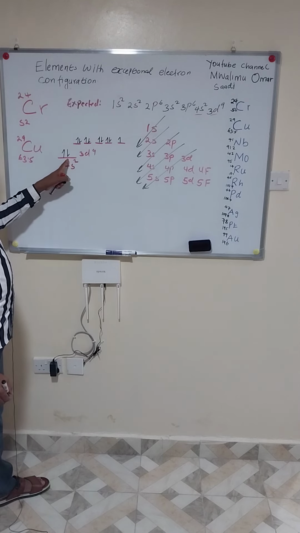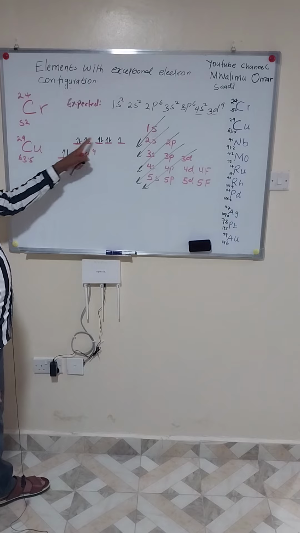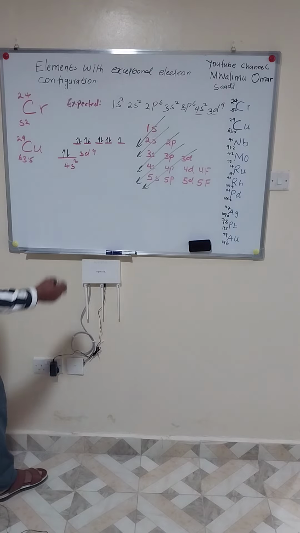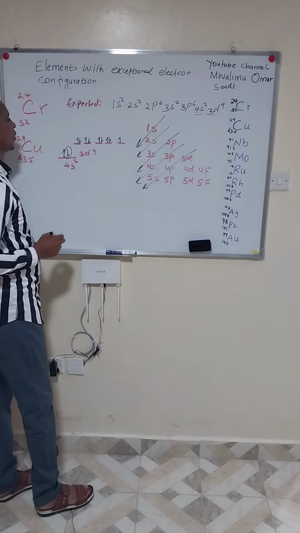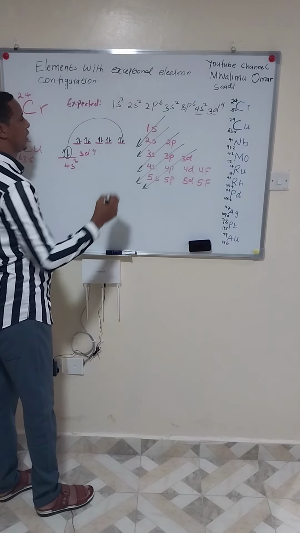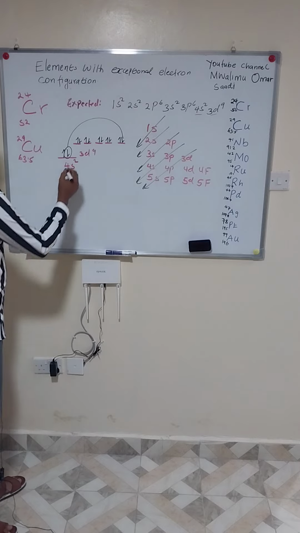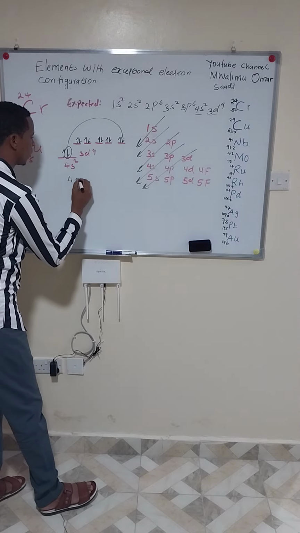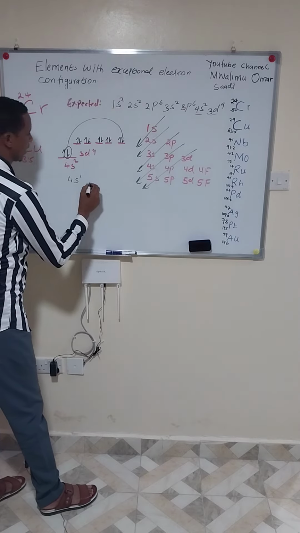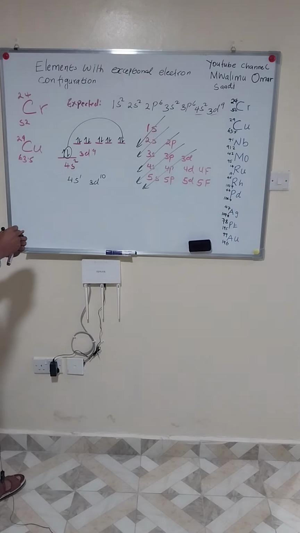So what will happen? 1 electron from 4s2 will move or jump from this 4s2 to the 3d orbital. So this electron will move to 3d and it goes there. So we'll remain now with 4s with 1 electron and a 3d that has 10 electrons. So the correct